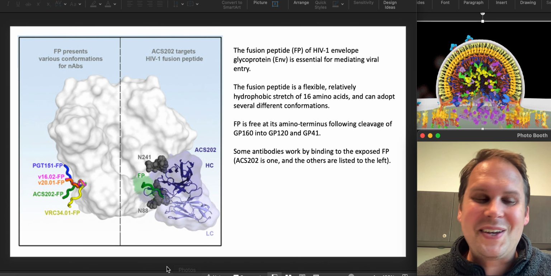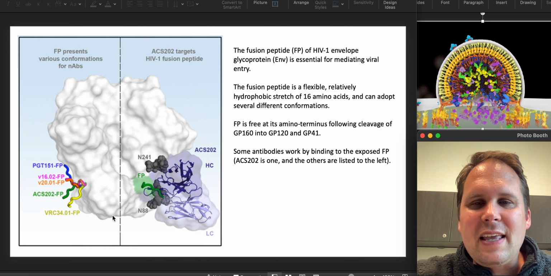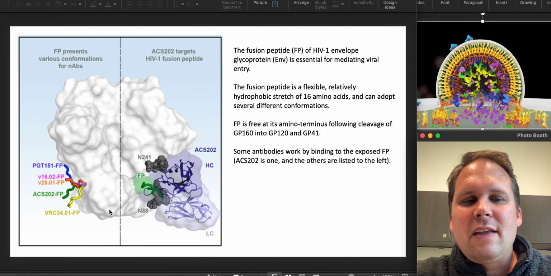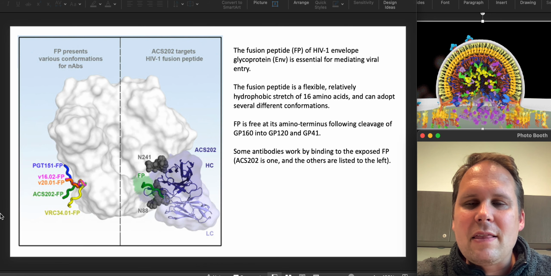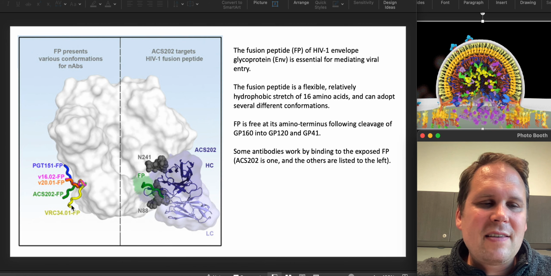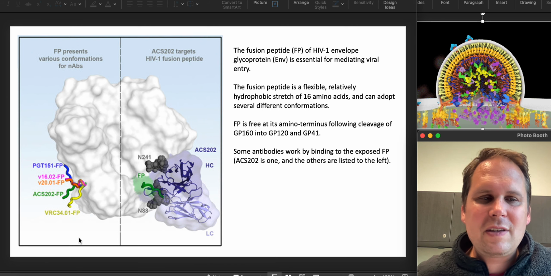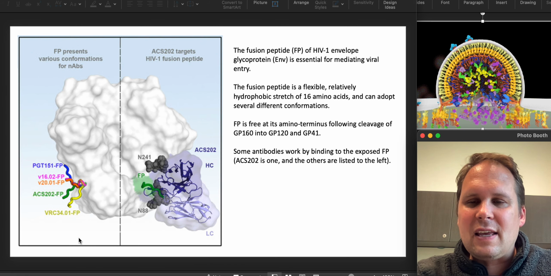There you go. So this is a picture of HIV. And I should point out that the HIV envelope is a trimer because there are 3 copies of the envelope protein that together form that little shape. And so here you see a fusion protein coming out of this side. Here you see fusion proteins coming out of this side. And these dangly, wiggly things are different shapes that the fusion protein can take. And each of these has been found in a different study.